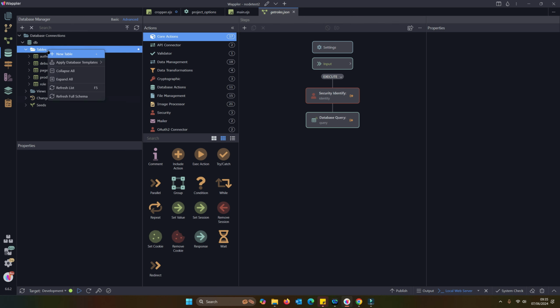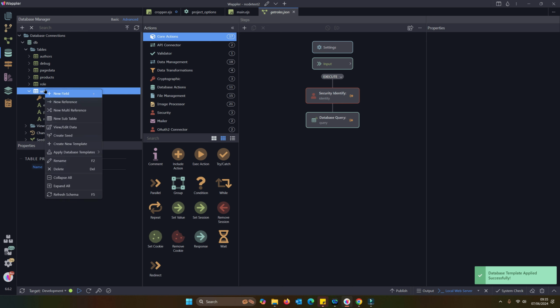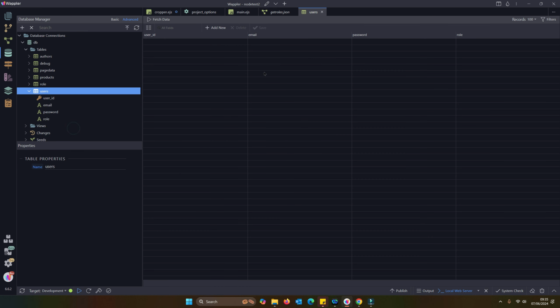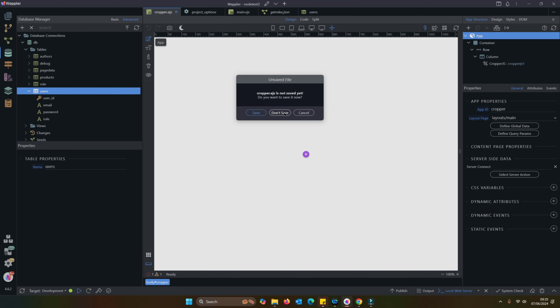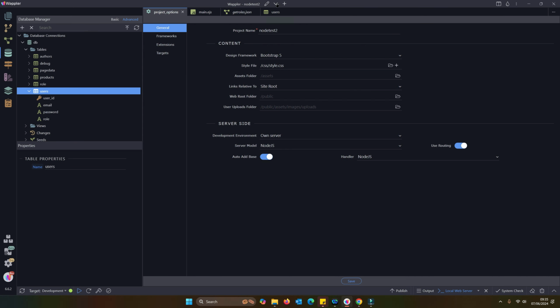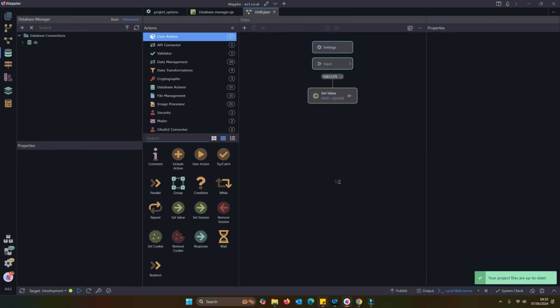I literally just have to go to apply database templates, standard users template that I created, and there we are. We have that users template, and if I look at the data, happened to be none in there as it turned out, but that would also have the data in there as well. So that is a really useful feature, and it's a really big time saver.